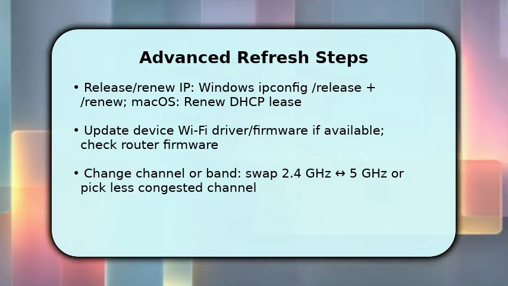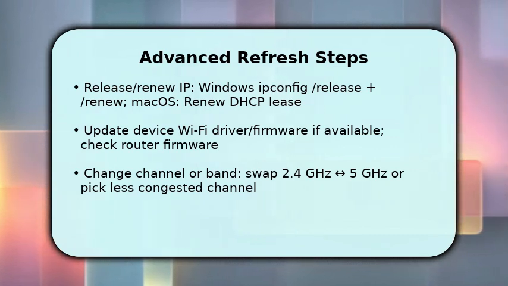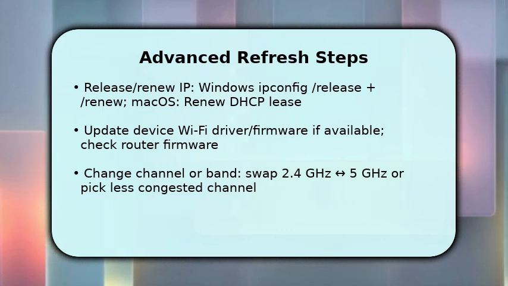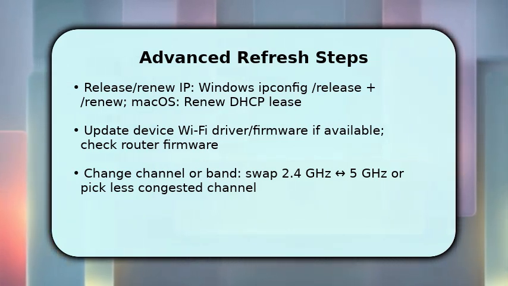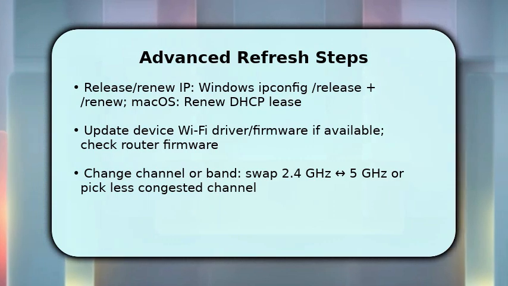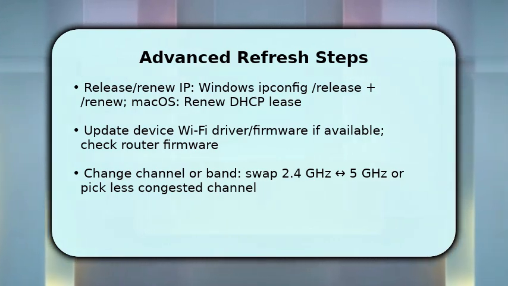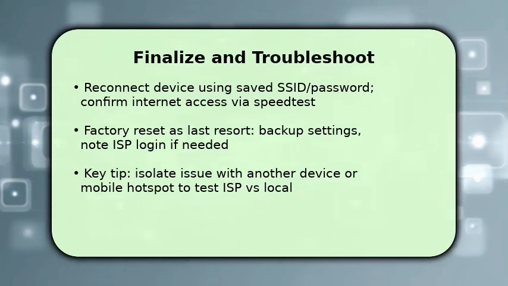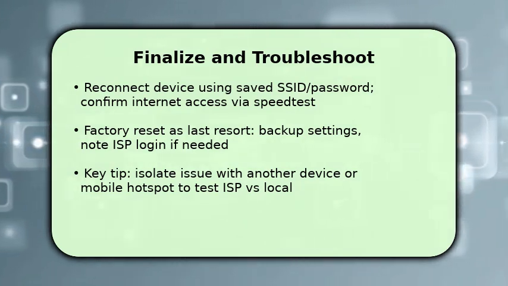If interference persists, switch bands or pick a less crowded channel in the router settings. That reduces co-channel collision. Make sure to save changes and reboot the router after firmware or channel updates, so settings take effect. You finish by reconnecting and verifying connectivity, run a quick speed test, or load several sites to confirm